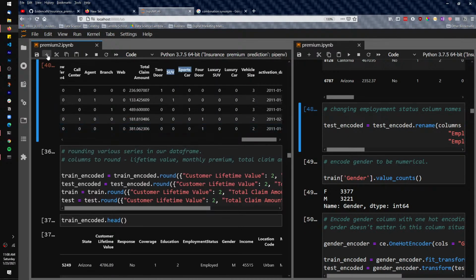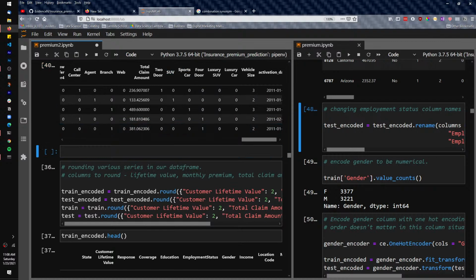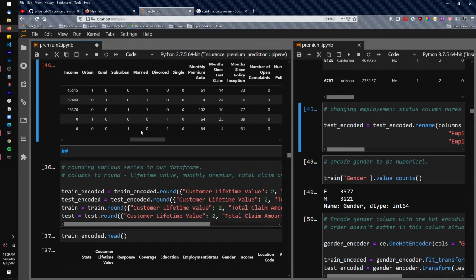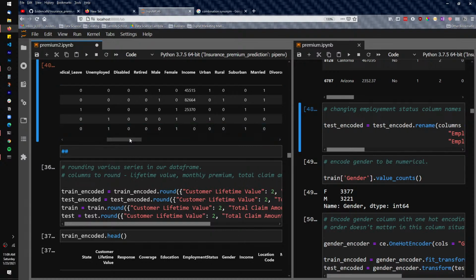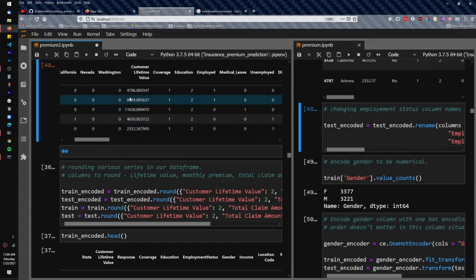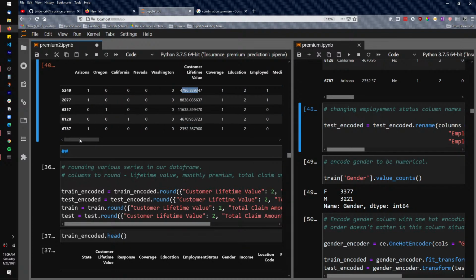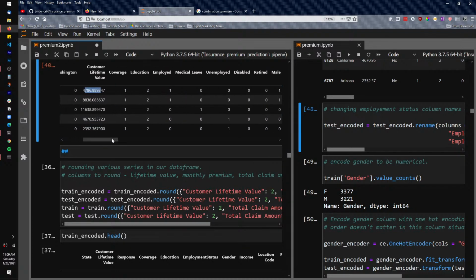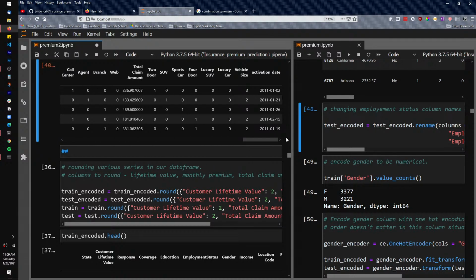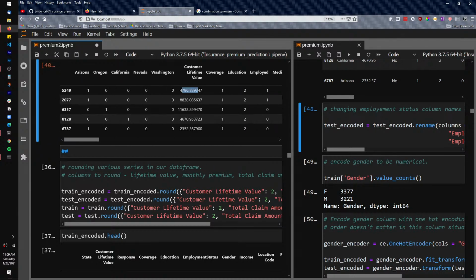So the next function we're going to create is a function that rounds things. As you can see, this has too many endings. If you scroll back here, you see this has long tails. So I'm just going to round those two values. I'm just going to create a function that rounds them. I mean, I could do it individually like this, but creating a function is always more fun, right? All right, so